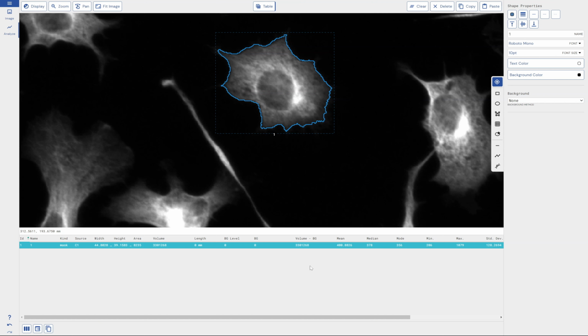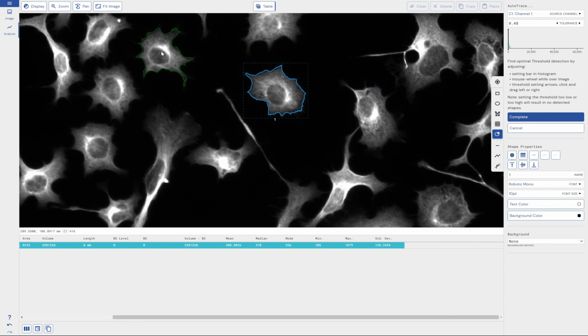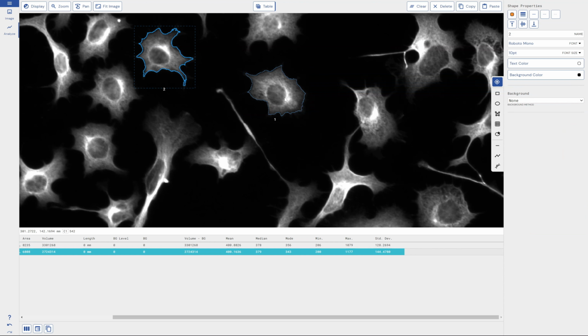So I know the threshold that I set for this cell, and then I can start applying that to other cells. If I come along and grab this one, you can see it's remembered the tolerance level that I used before. I can complete that shape, and I can compare them on a like-for-like basis. I can make sure that the settings that I use to capture this cell are used for the other cells as well. This is very useful and very powerful because it allows you to keep a constant detection setting between all of your different cells,